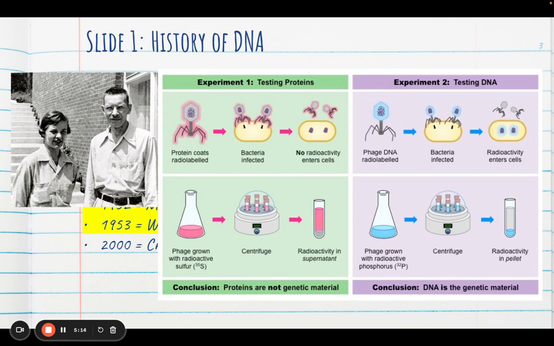What they believed would happen was that the material injected by the bacteriophage into the bacteria was a protein. So they tagged one sample with radioactive sulfur, knowing that proteins contain sulfur and DNA does not. They also tagged another sample with radioactive phosphorus, knowing that DNA contains phosphorus and protein does not. After their experiment, they tested the bacteria samples and found only the presence of phosphorus, which meant that DNA was the genetic material, ruling out proteins.